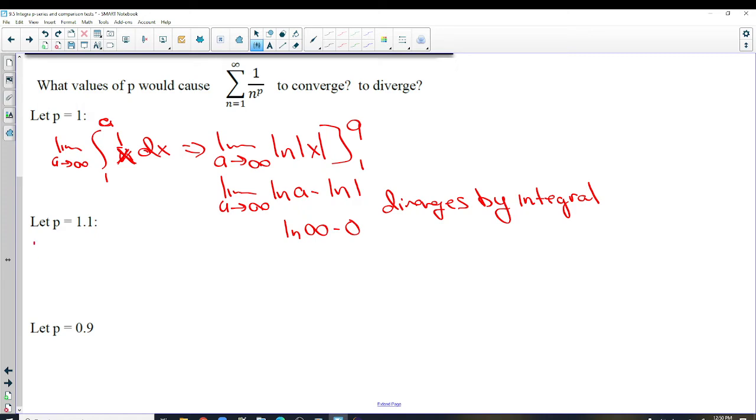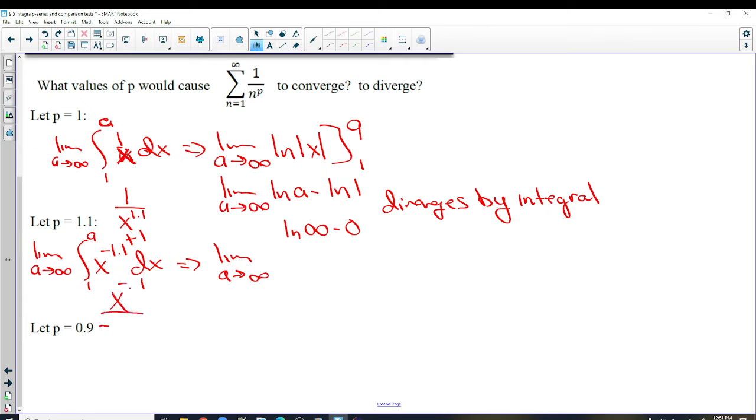What if it's 1.1? We have the limit as a approaches infinity, integral from 1 to a of, now it's going to be 1 over x to the 1.1. Let's call it x to the negative 1.1 dx. Now when we add 1, this becomes limit as a approaches infinity of, it's really x to the negative 0.1 divided by negative 0.1. So we're integrating negative 1 over 0.1 x to the 0.1 from 1 to a. But,